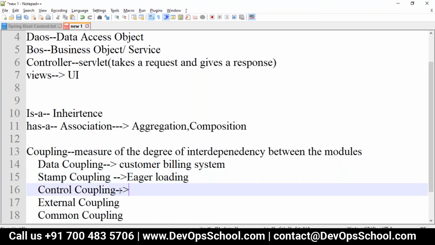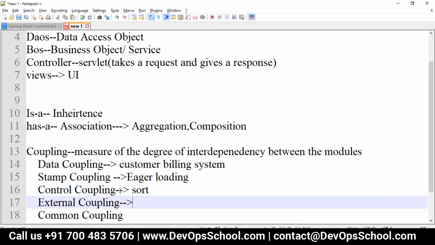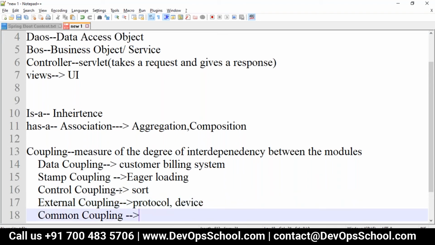So control coupling is basically a type of sorting. Any external system using external files, where the modules are dependent on external software, may be some other protocol, or any external device or external systems.